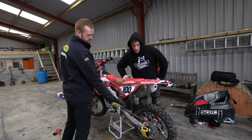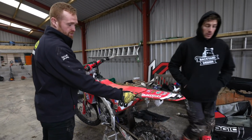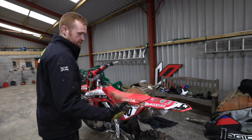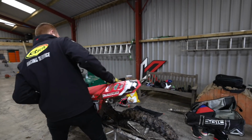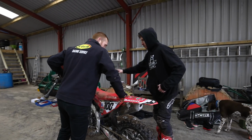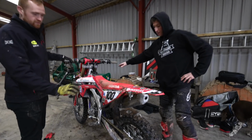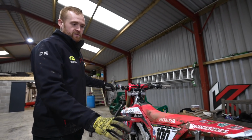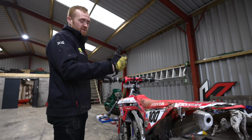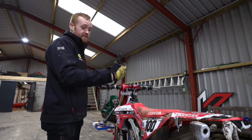You'll take a measurement from your axle up to a point on your mudguard, the same point every time. Once you've done that, pull the bike off the stand, bounce on it a few times, just let it settle. You'll take that measurement again. And then for Tommy, he likes to run his bike quite deep. So for him, we're going anywhere between 40, 45 mil static,